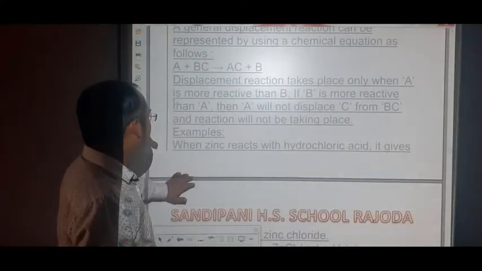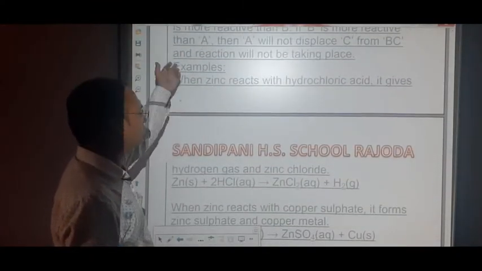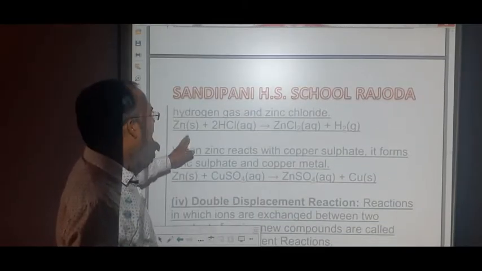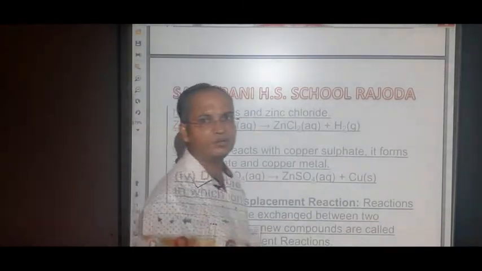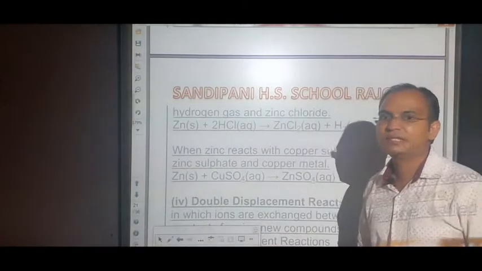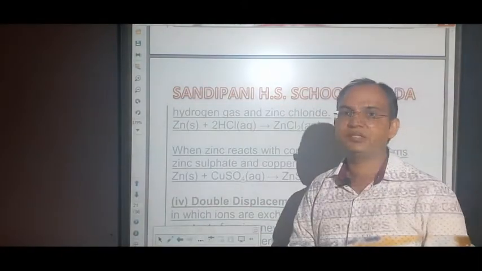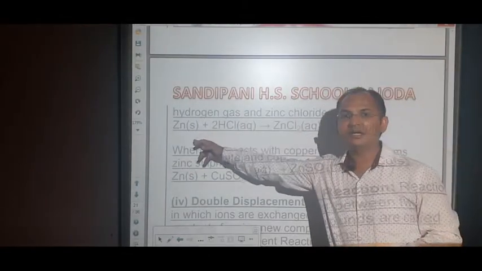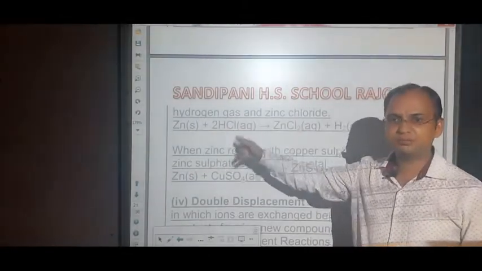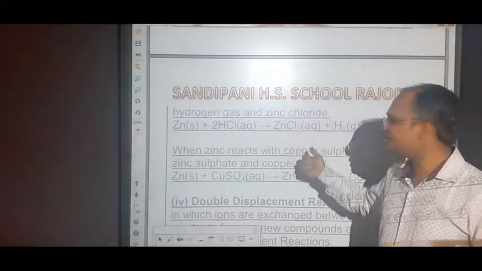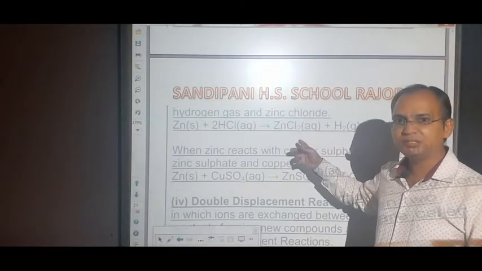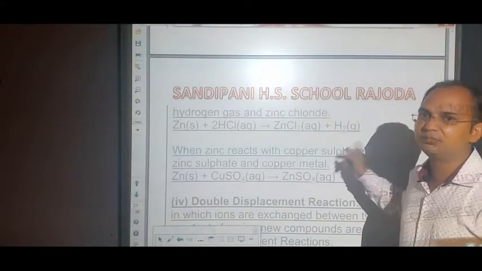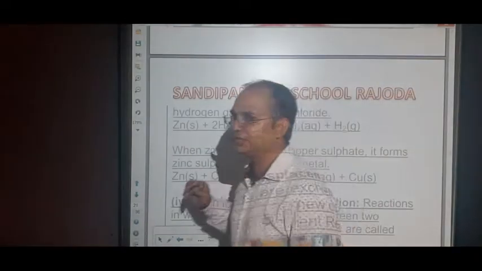In the next type of reaction that we have seen, whenever zinc reacts with hydrochloric acid, that is HCl, zinc chloride is formed and hydrogen gas is released. You can see here zinc reacting with HCl, that is hydrochloric acid, then zinc chloride, that is ZnCl2, is forming and hydrogen gas is being released here. Okay students, so this is the example of the